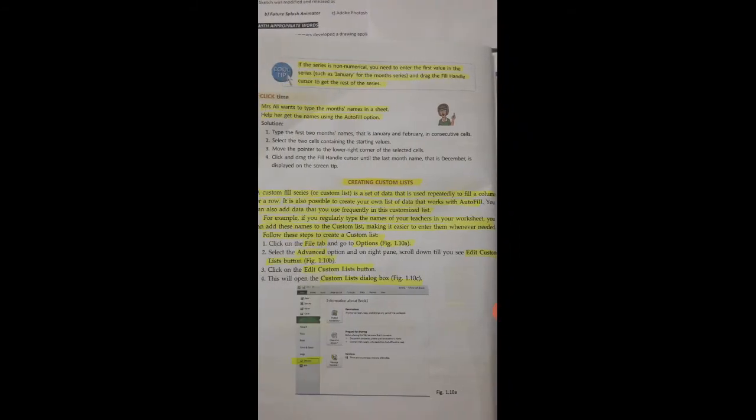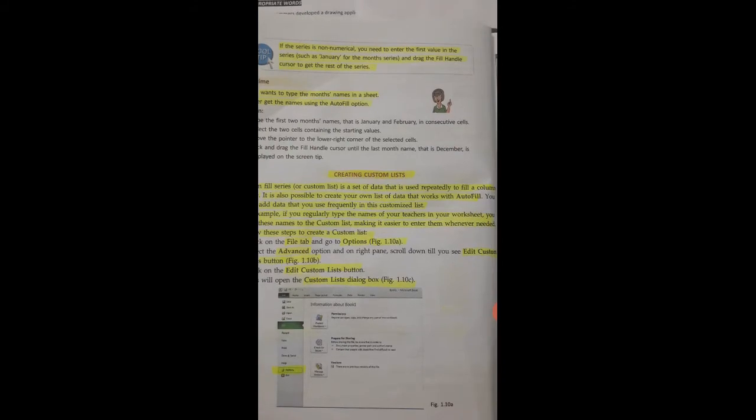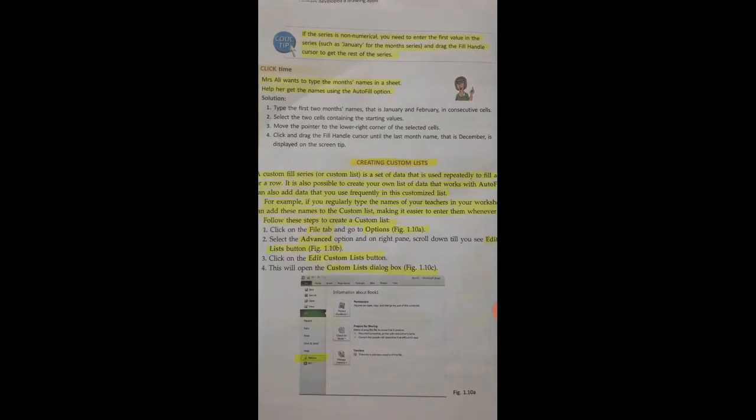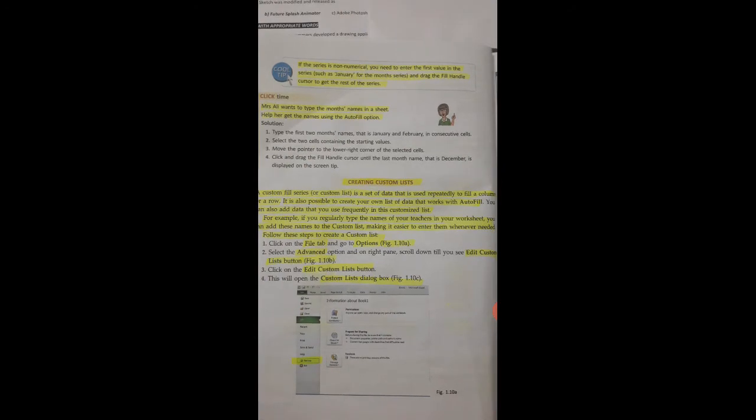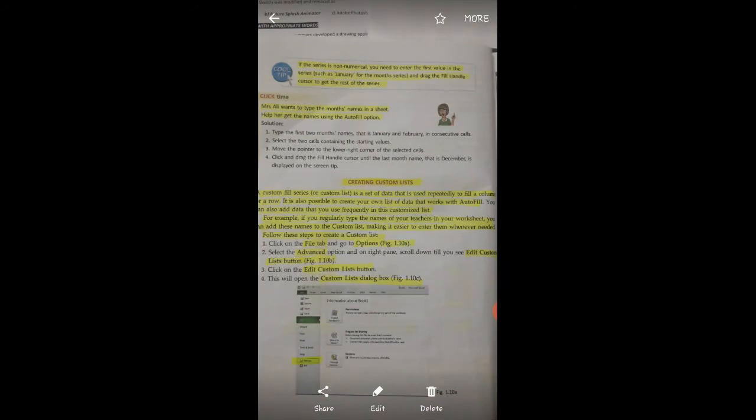Next, creating custom lists. Students, a custom list series or a custom list is a set of data that is used repeatedly to fill a column or a row. It is also possible to create your own list of data that works with autofill. It can also add data that you use frequently in a customized list. स्टूडेंट्स, कस्टम लिस्ट होता है कि आप कोई भी अपनी सी सीरीज़ डिफ़ाइन करना चाहते हैं।